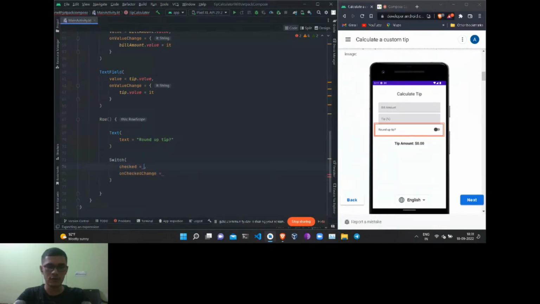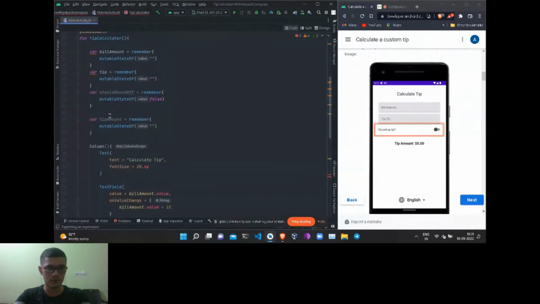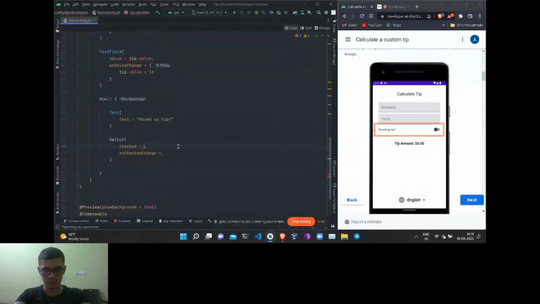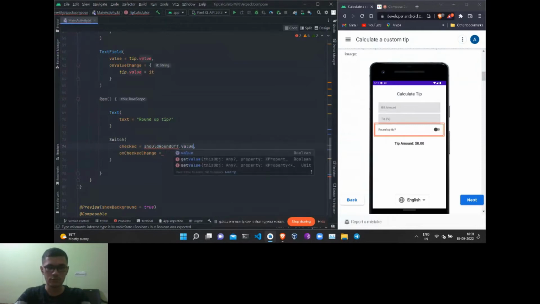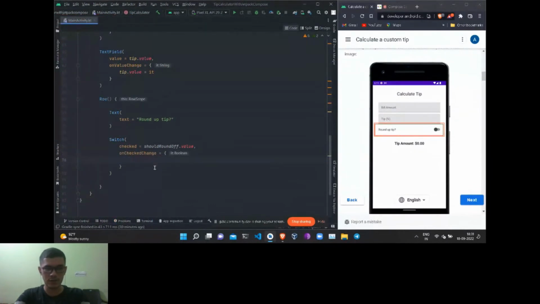So in checked we will pass the initial value, that is the should round off, and to access the value we will use the value field. And again here we get a lambda function that describes when the user clicks this button and it enables, then it gives us a true value, and if it disables, then we get a false value. So we'll be assigning this value to our variable,